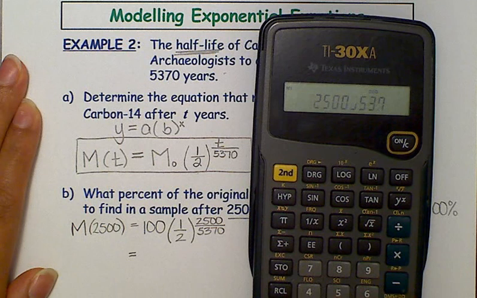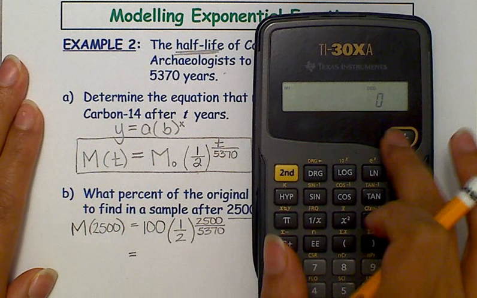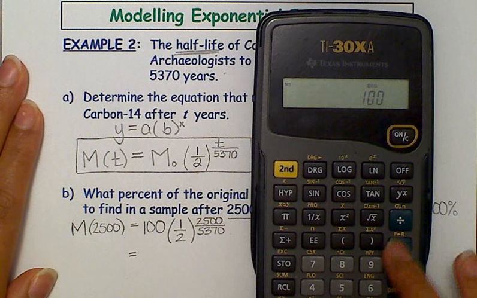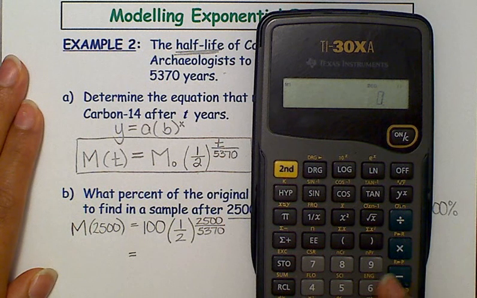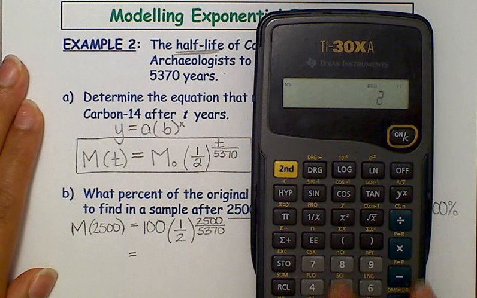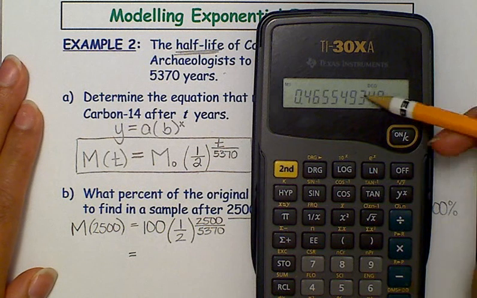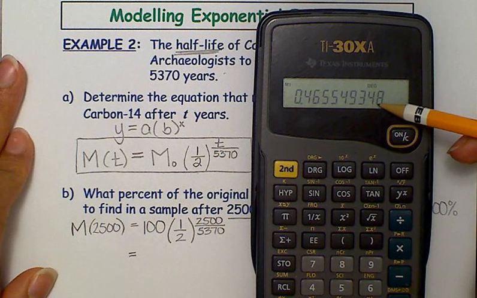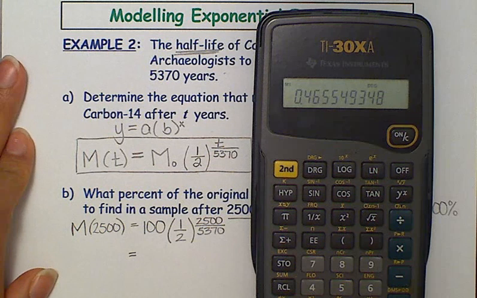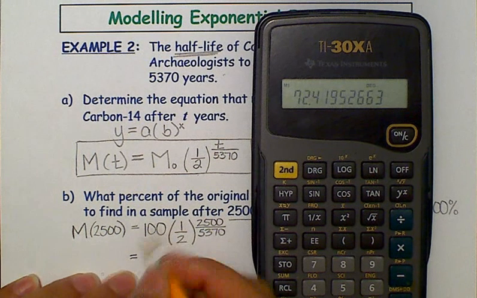Oh, my calculator doesn't like that kind of calculation, so I'm going to do it again. 100 times 1/2 to the exponent. I'm going to put the exponent in brackets, 2,500 divided by 5,370, and close the bracket. Now if I continue the calculations, I get 72.4